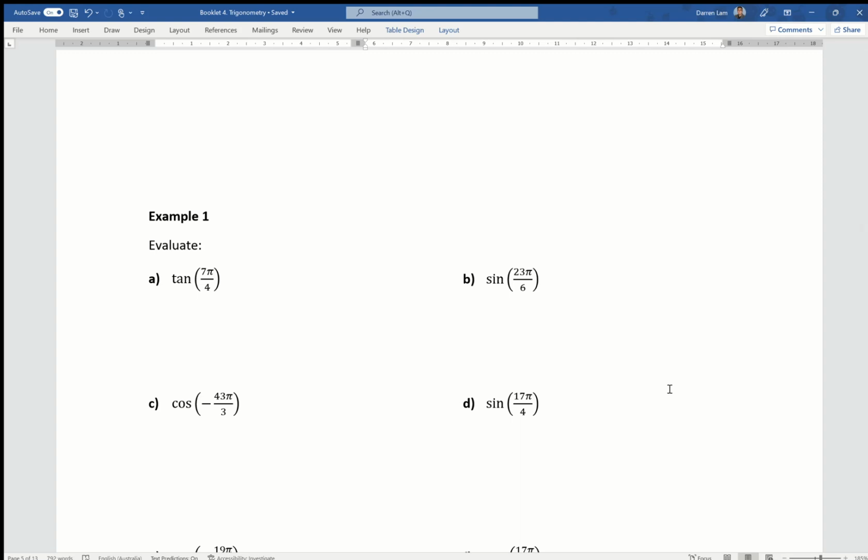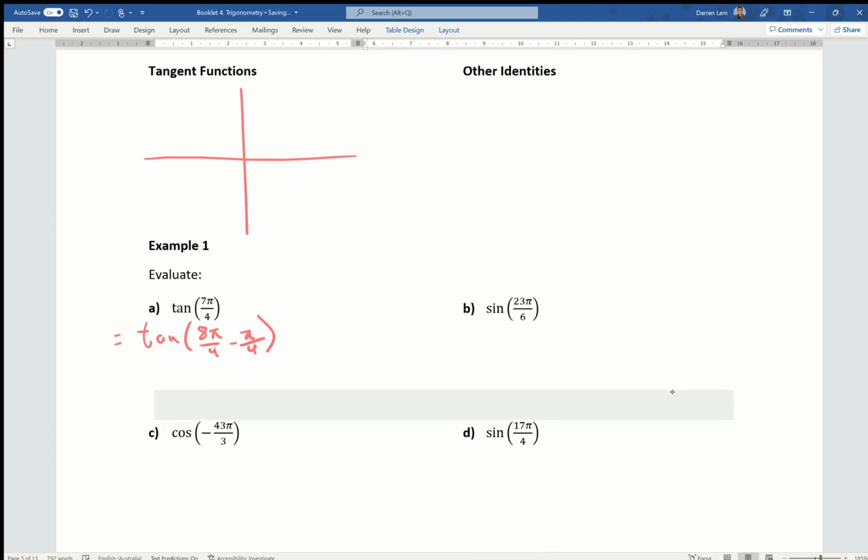Does this kind of question sound familiar from what you did last year? Yeah, that is similar, I would say, or the same as tan of 8 pi on 4 minus pi on 4. Agreed? Great. I know that's the same as 2 pi. And if I draw my unit circle out to the best of my ability,